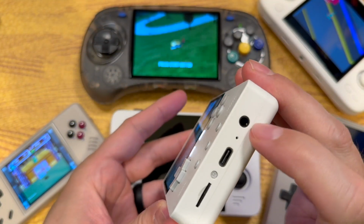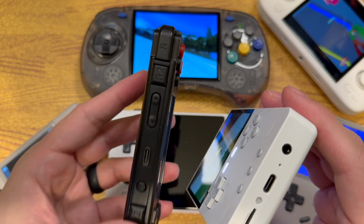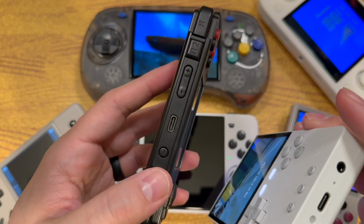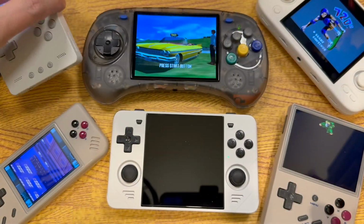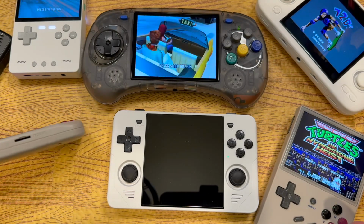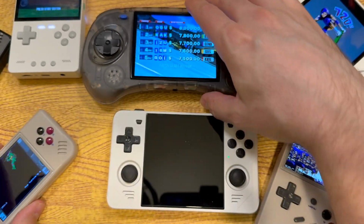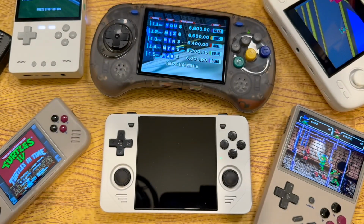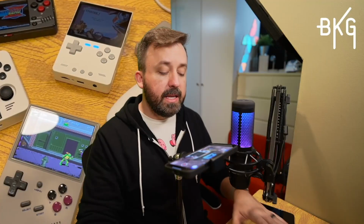Fortunately, it does have a 3.5mm headphone jack, which the Miyoo A30 does not have. You have to use a USB-C dongle to use wired headphones with the Miyoo A30. The rest of these devices, actually, while we're on that topic, all have 3.5mm headphone jacks somewhere on the device. There it is on the RG28XX. Actually, they're all on the bottom somewhere. So if you're into wired headphones, you definitely don't want the Miyoo A30, but any of the rest of these